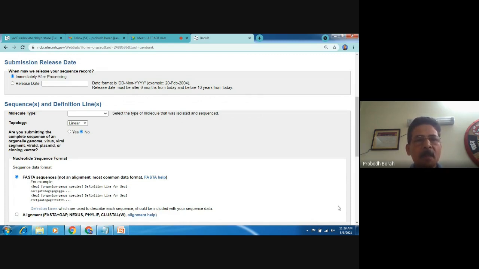Sometimes what happens, we may have submitted a research paper that included our sequence to some peer-reviewed journal for publication, but so far we have not submitted the sequence to GenBank, so we don't have an accession number. But the editor suggested that before the publication is online, you must obtain the accession number of your sequence, and that should be incorporated into the final manuscript.